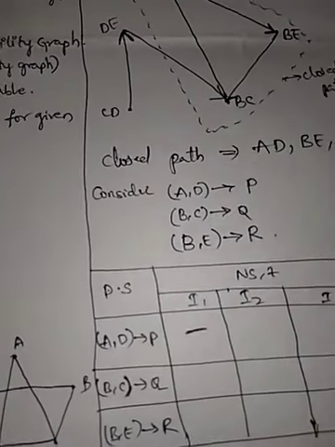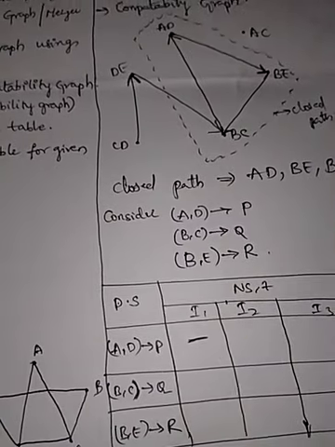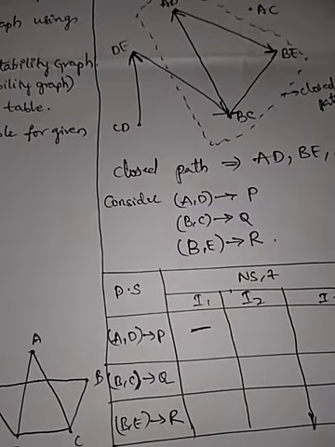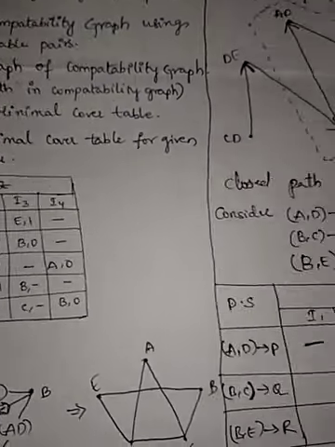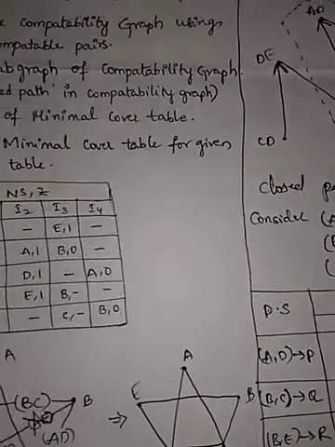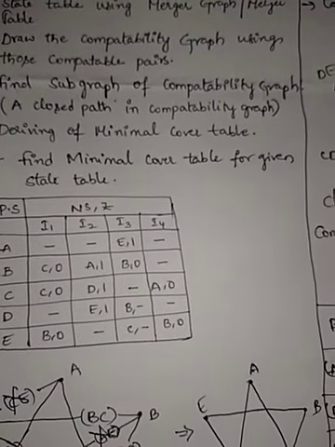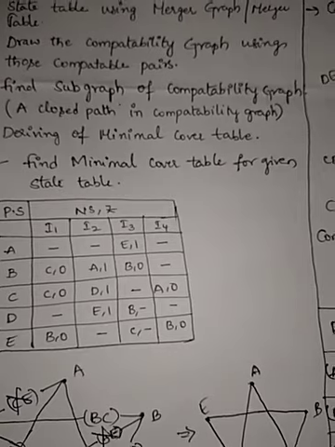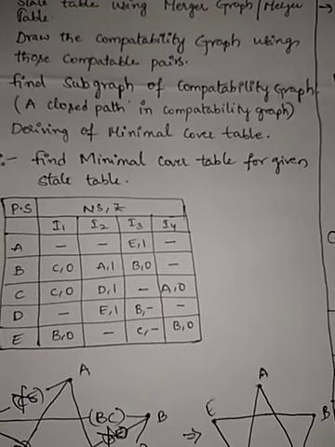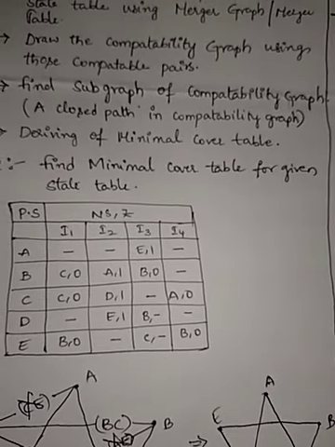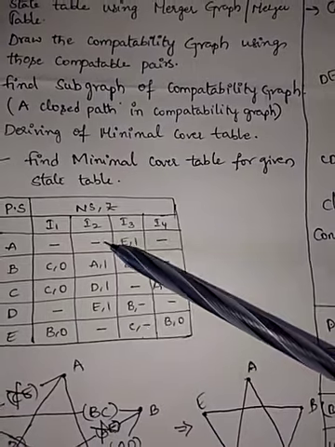Okay, see here the first P, what we considered as P, the A comma D states. A comma D is considered as P. That's why I am comparing A comma D. Under I1 both are vacant, so I replaced it here with vacant. Now go with I2, A comma D, I2. So what will you get? You can replace with the same E comma 1 above, so that you will get E comma 1 as your answer, right? So if you compare I2 of A comma D, you get a dash with E comma 1.